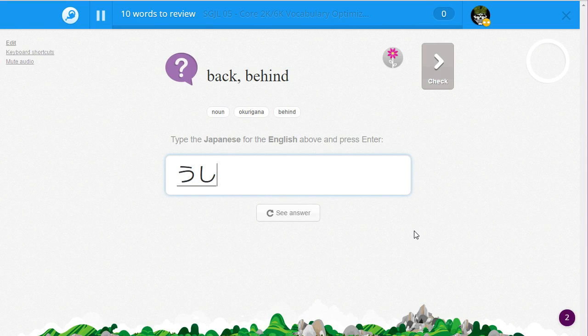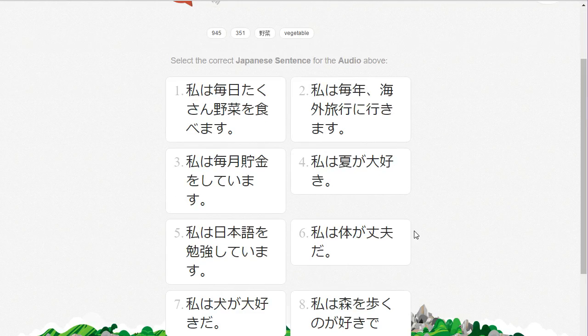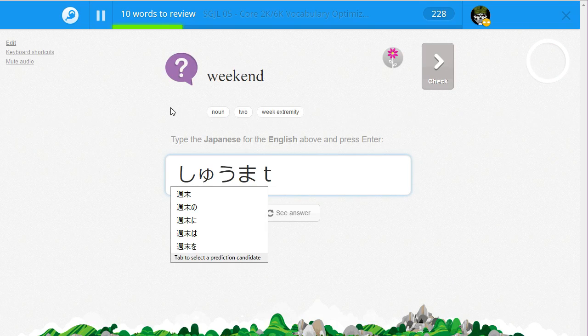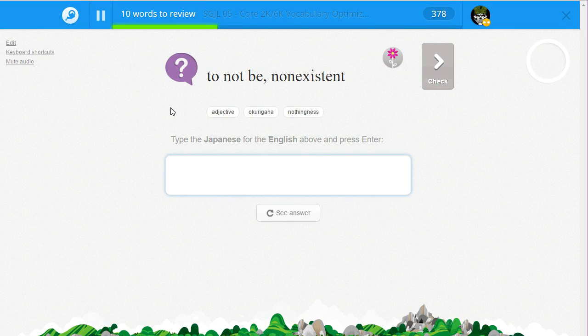Ushiro. There's also Uda, but we want Ushiro. 後ろ向いて。私は毎日たくさん野菜を食べます。食べます。週末。週末。